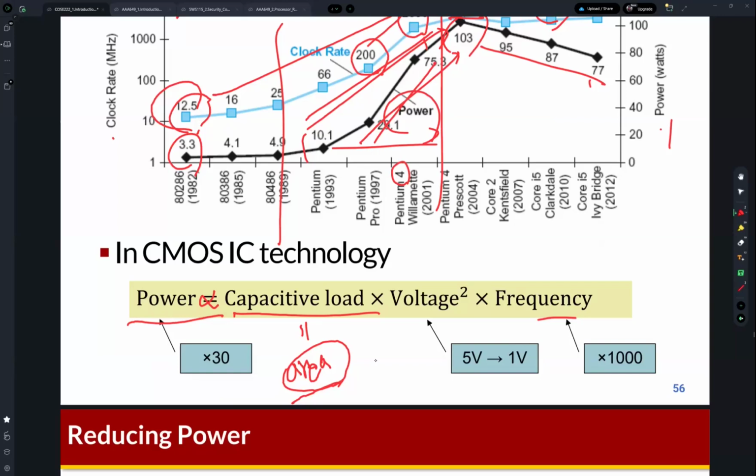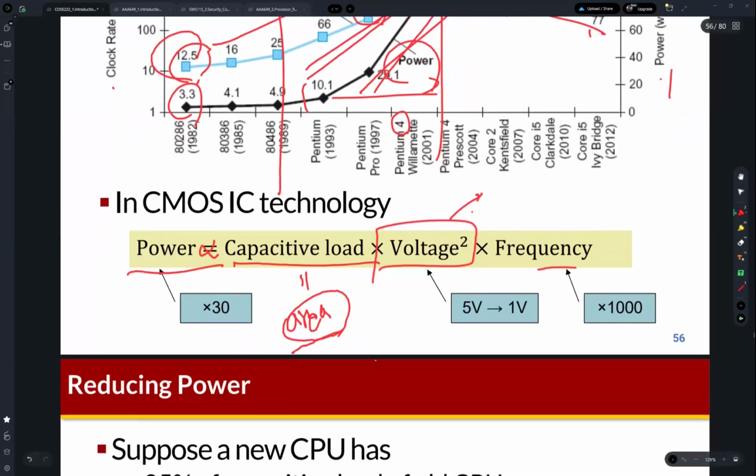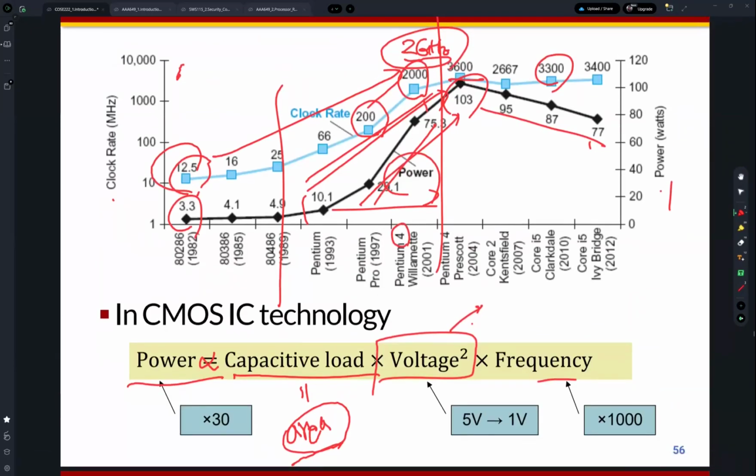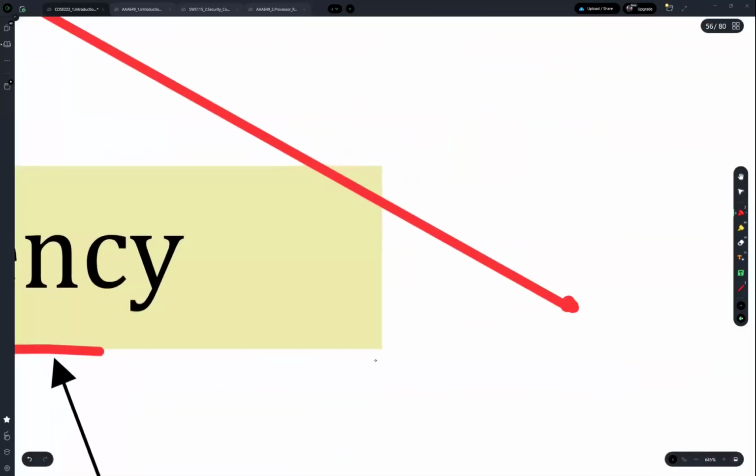Supply voltage is the square factor, but if we use the same semiconductor technology and want to increase the frequency, then we need to increase the supply voltage. So it is frequently said that usually the power is proportional to the